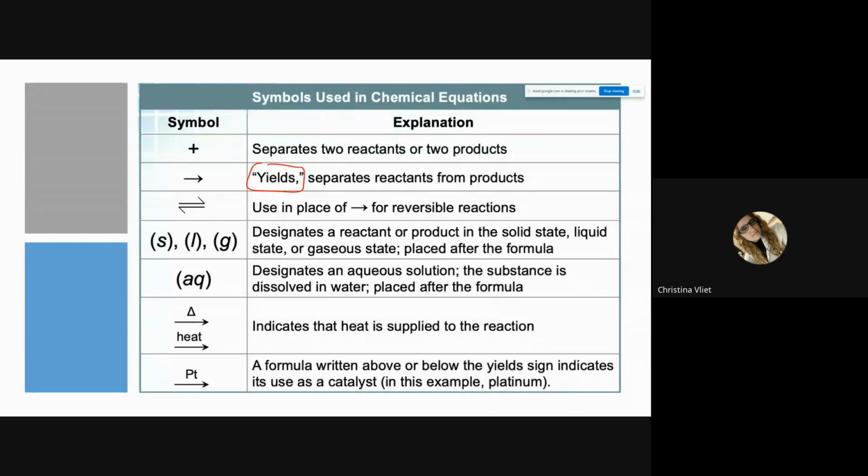Whenever you see double arrows, this actually means that as you make products, your products can go back to form reactants. This is what we call a reversible reaction. Some chemical reactions are irreversible. Some chemical reactions are reversible. You'll be like